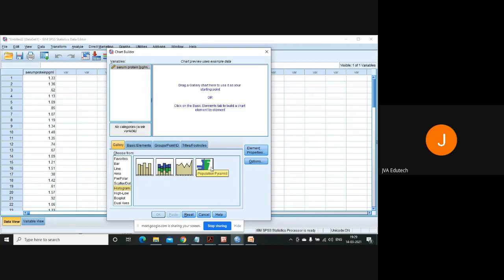And then we have the population pyramid. It is just like the stacked histogram and shows the relative frequency of scores in two populations, like serum protein in male and female. So for two different populations, what would be the frequency distribution? Like this, you can make your histogram also. Let's make a histogram.